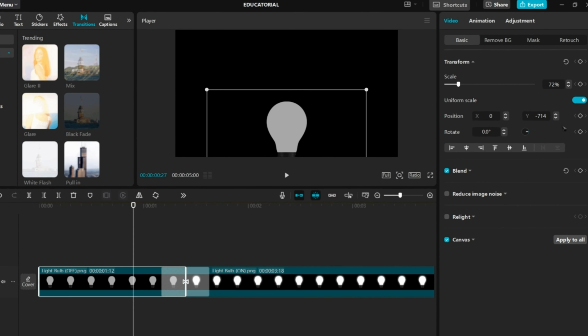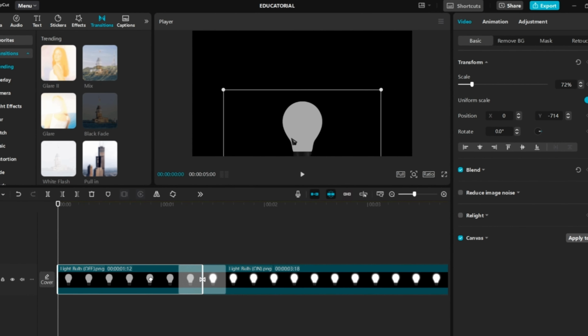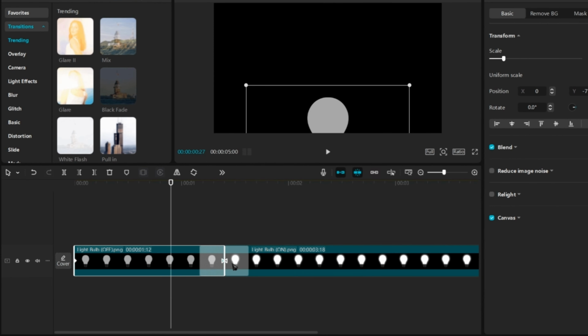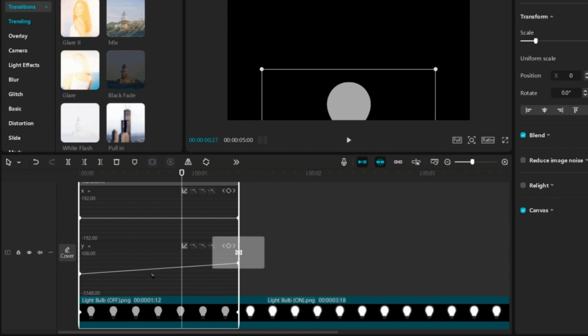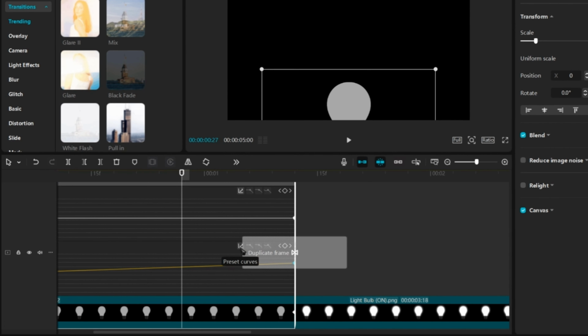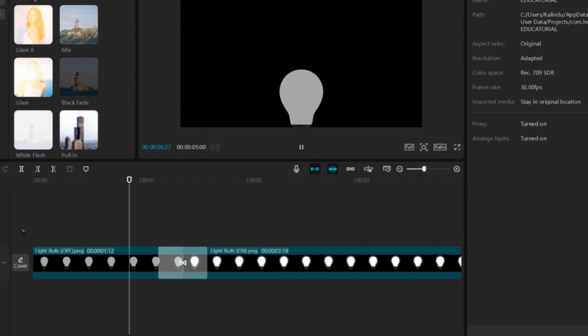Add a position keyframe to this clip. Now bring the timeline bar back to the beginning and move the light bulb completely out of the camera's view. Move the keyframe to the end of the clip. Right-click on the clip and go to Show Variable Speed Animation. Expand the Y-axis. Select both keyframes and go to Keyframe Presets. Choose Cubic Out. When you play it back, you'll see a smooth animation where the light bulb pops up and